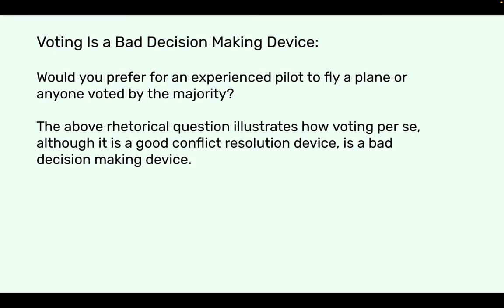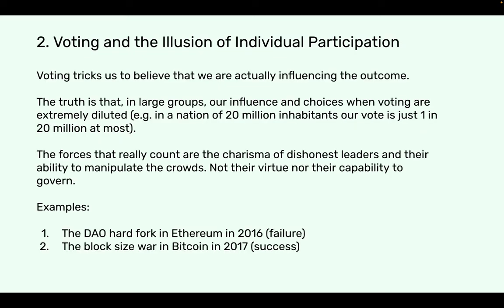How many times do we see that it's so obvious that a leader has been chosen and that is clearly not a good leader? And we cannot have, for example, if we're going to have brain surgery or heart surgery or heart transplant, whoever is going to do the surgery be voted by a majority, evidently. So voting is not a good decision-making device, and not only that, it can be manipulated, and I'm going to talk about that now.